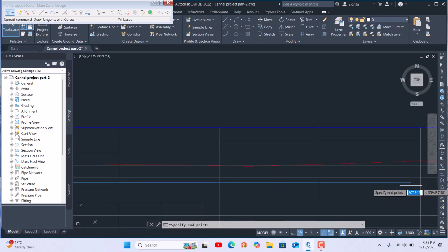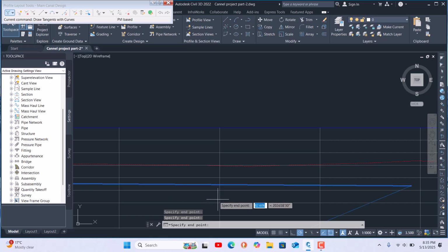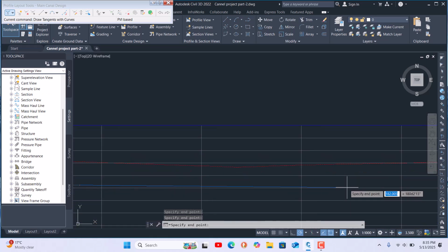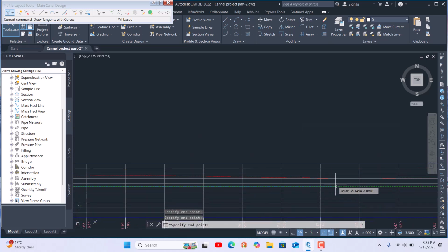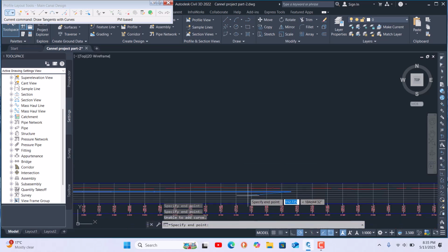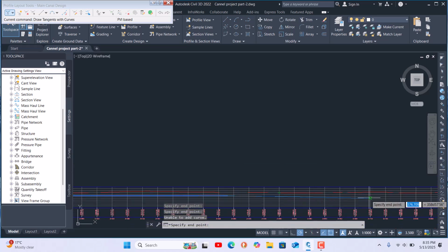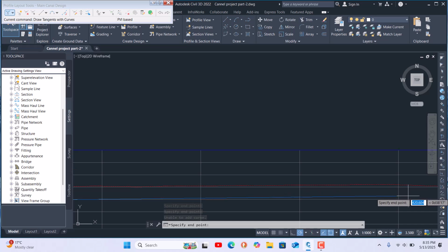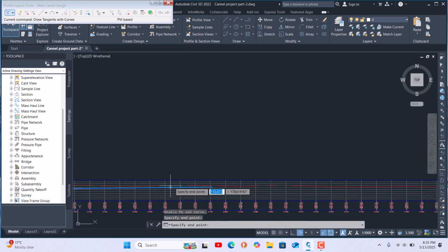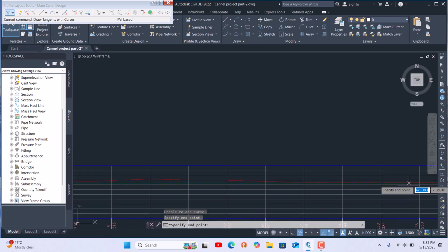Then select a small slope, because our line is automatically showing us here. Then I'm creating this just for explaining purposes.